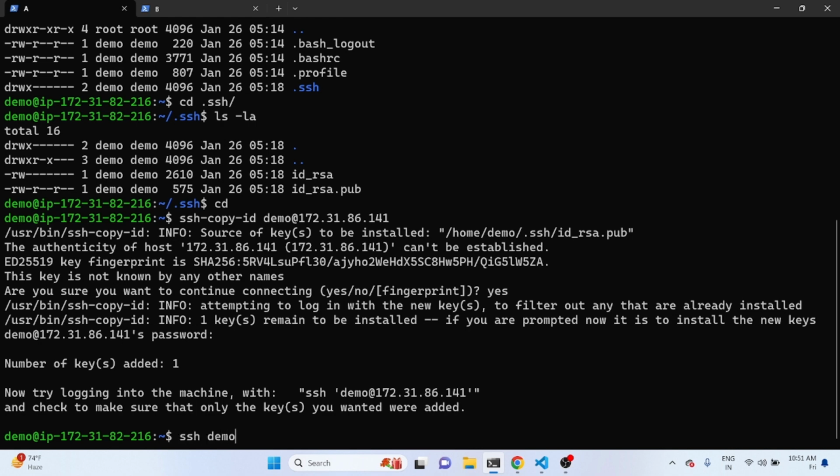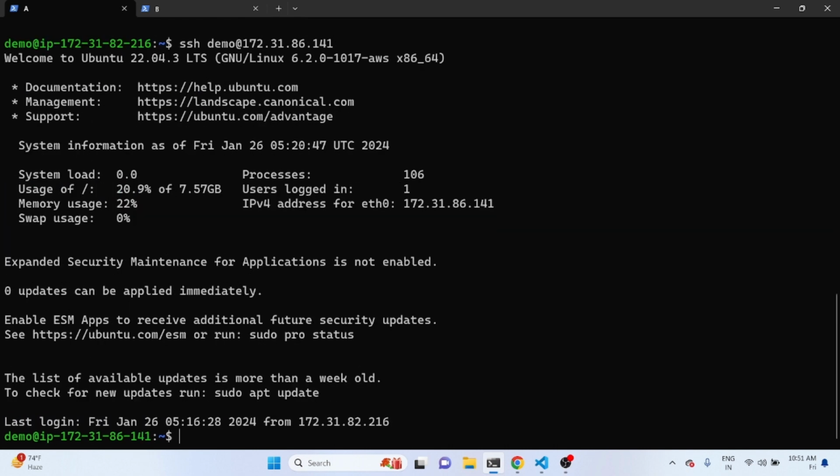SSH demo at the rate 172.31.86.141. If it is not asked any password, then it's successfully done the configuration. So now I did the configuration from A to B, but